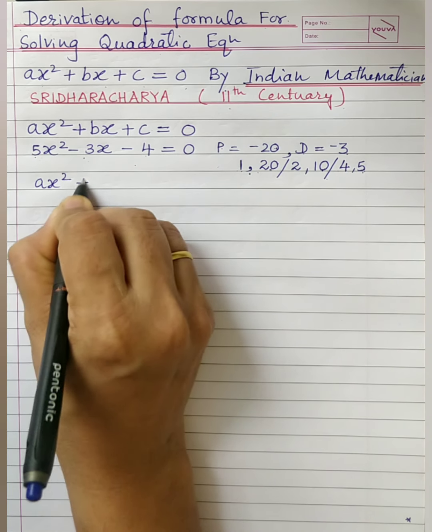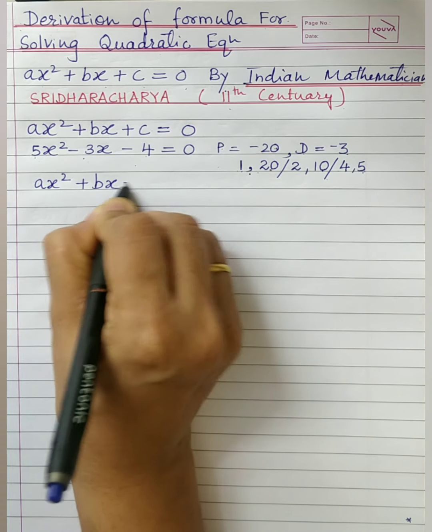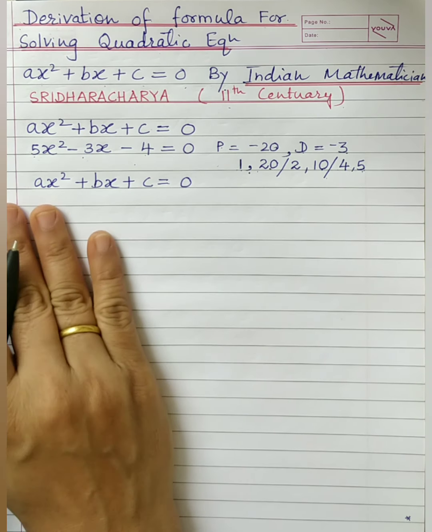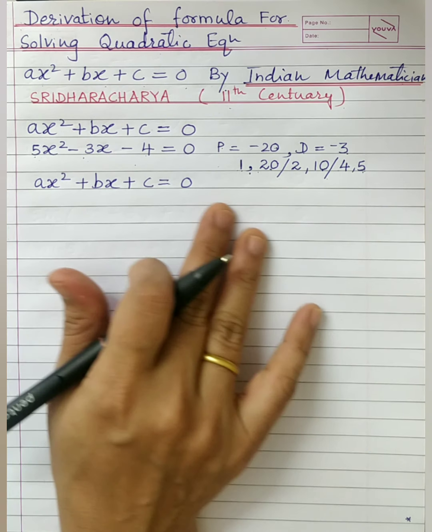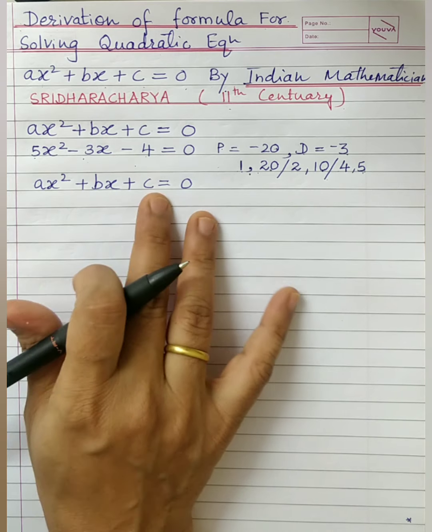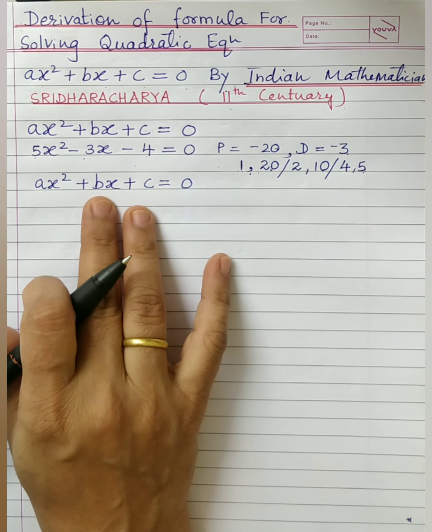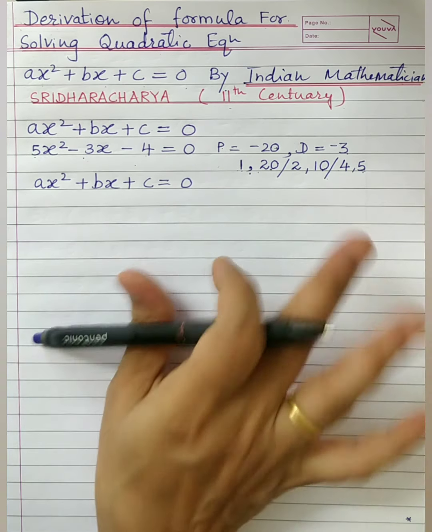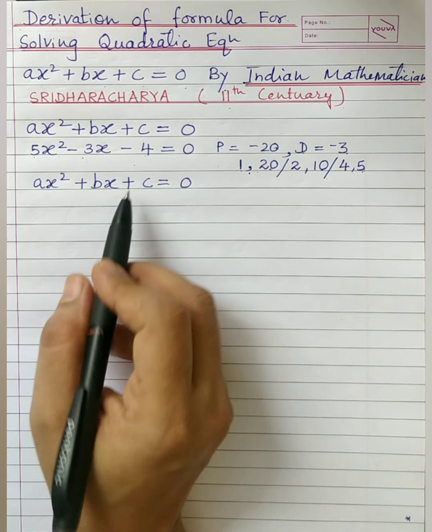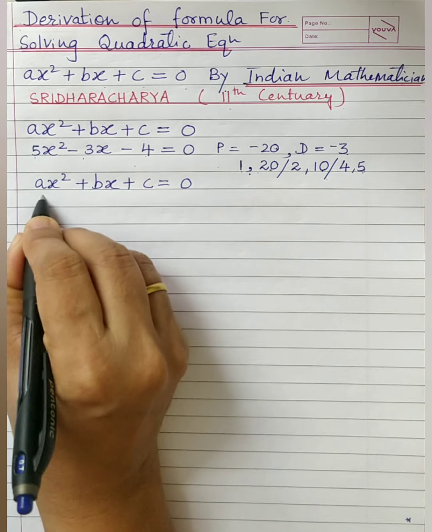So here let's talk about this equation, ax square plus bx plus c is equal to 0. See, it is a quadratic equation in standard form. Irrespective of what the product ac is and what the sum and difference b is, we can find its solution. That is what we are going to see. It was proved by using the method of completing the square.